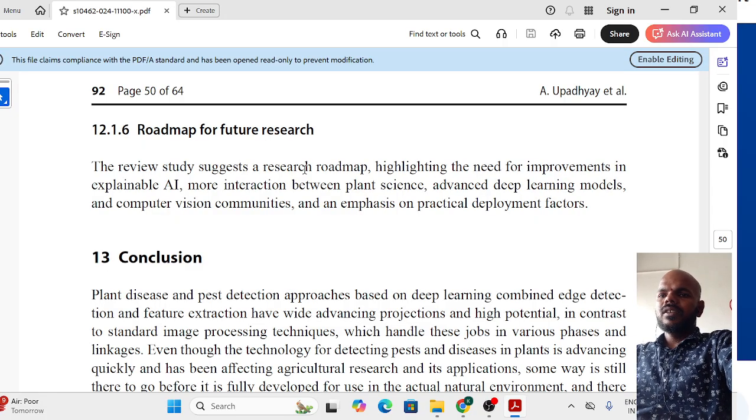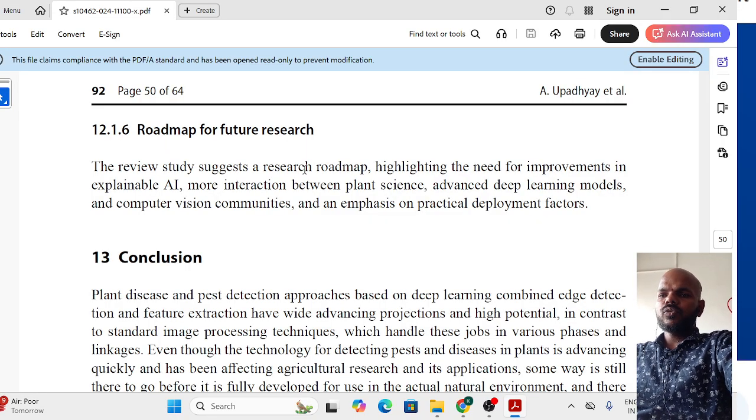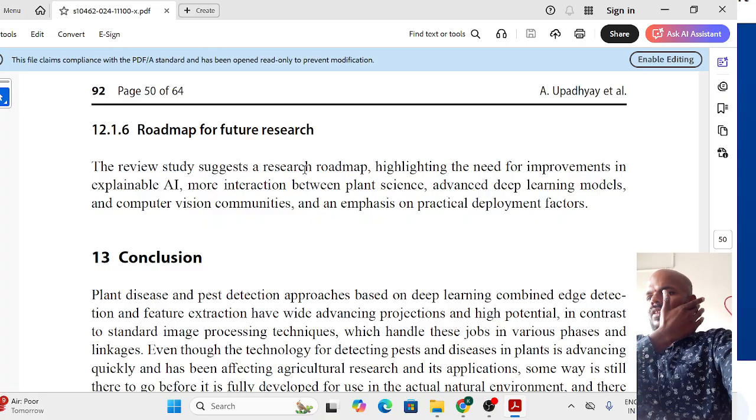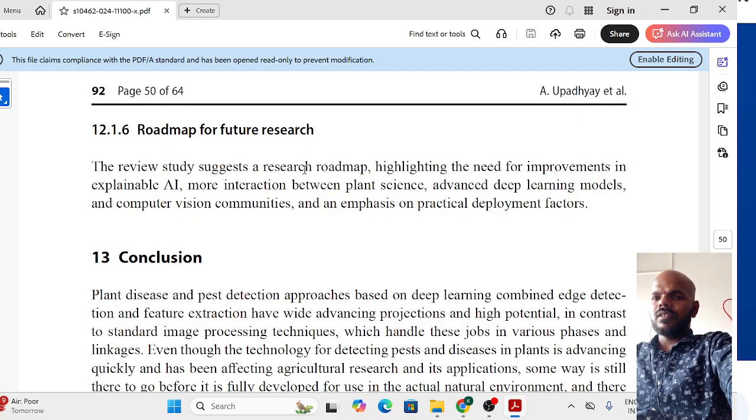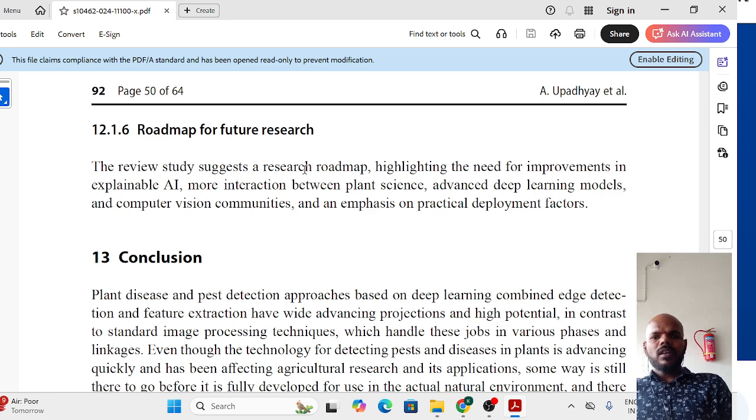aspect. Then, more interaction with the plant side. If you interact with the plant side in a deep learning section, it will come as a novel proposal. Then, advanced deep learning models and computer vision communities. So these are the future problems, future roadmap and future research objectives scholars can take up for their PhD